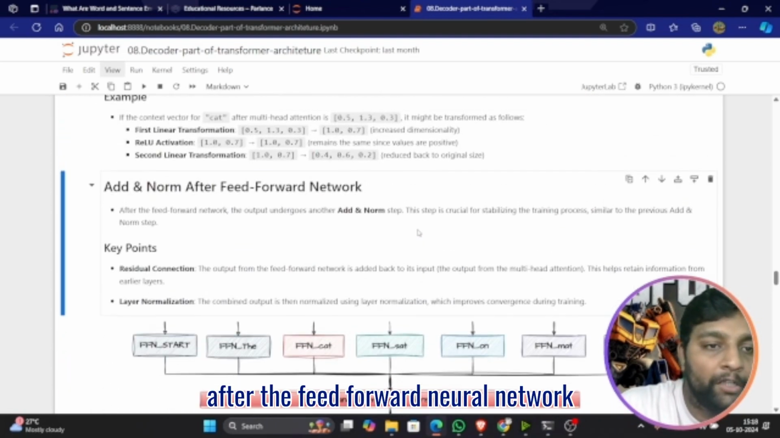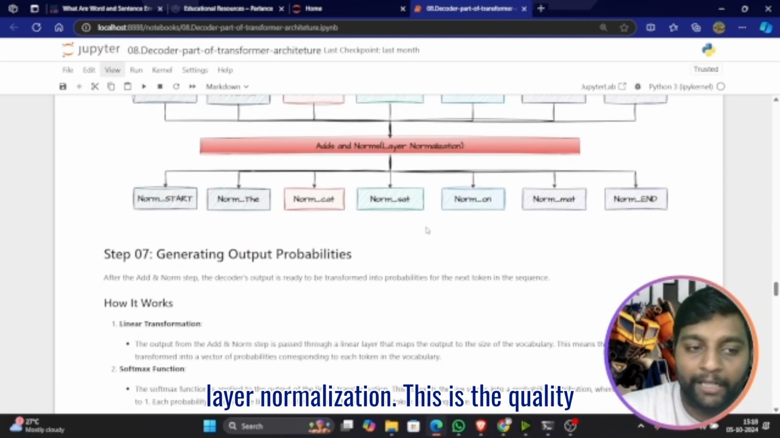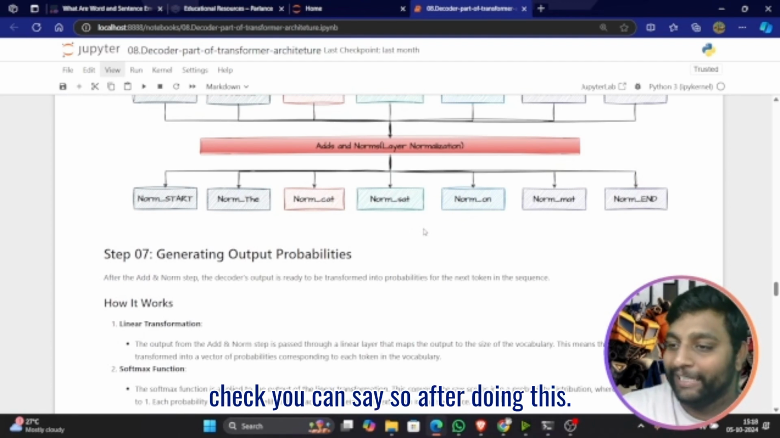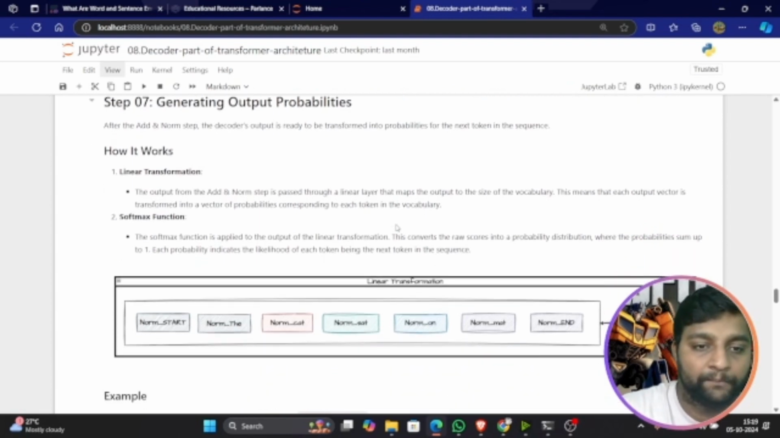After the feed-forward neural network outputs, we again perform layer normalization. This is the quality check, you can say. So after doing this, once we get the normalization,